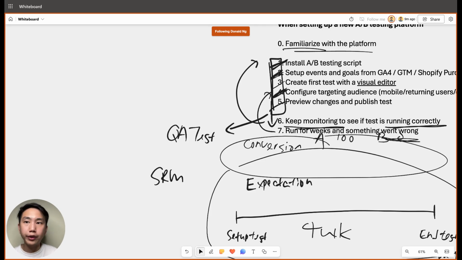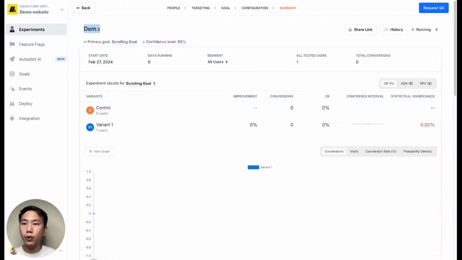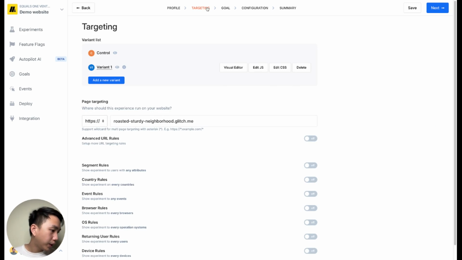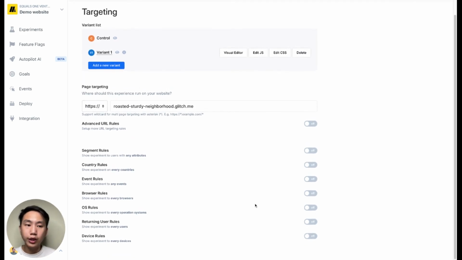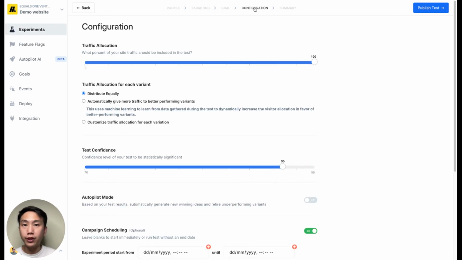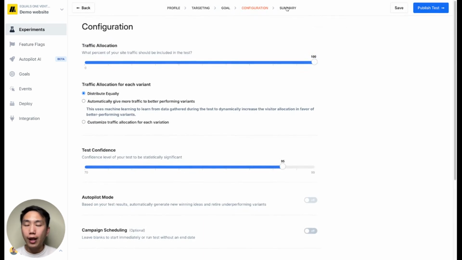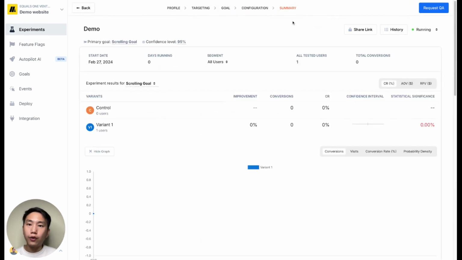So yeah, this is how it works, and I'll show you. Here's a Mida demo test. After you have created all the steps that we have discussed earlier, setting up the events and creating your first test, your targeting audience, and then finally the configuration of how much traffic allocation and what distribution method you want to go for, and so on. After you have configured all of that and published the test, all you need to do is click on this button, request QA,